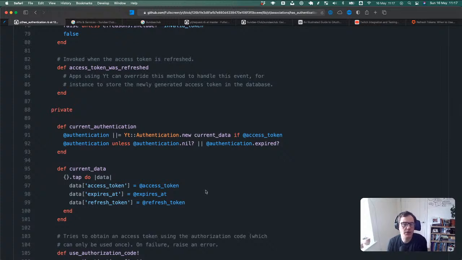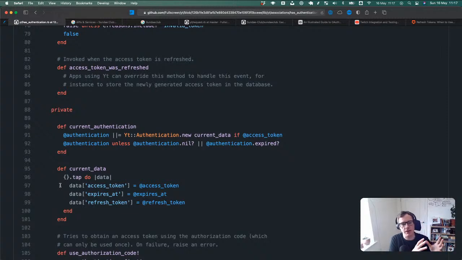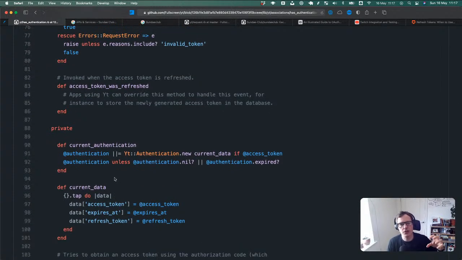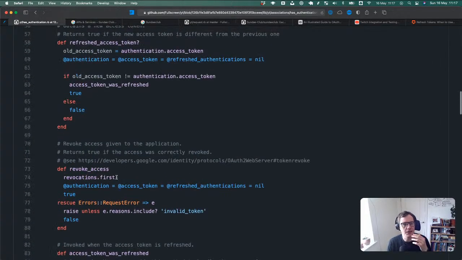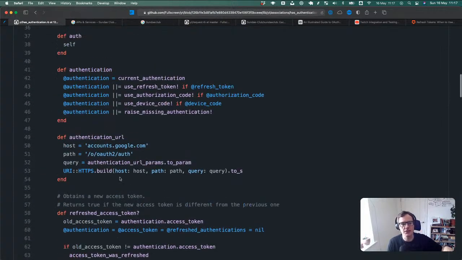This is what we touched on last week, and I think the week before, when we were looking at building your own one for Twitch: the idea of having an object that represents the authentication data you need, and if it's not right, you can update it. But if it is right, you can just pass it around. So then you only need to deal with that in one place.